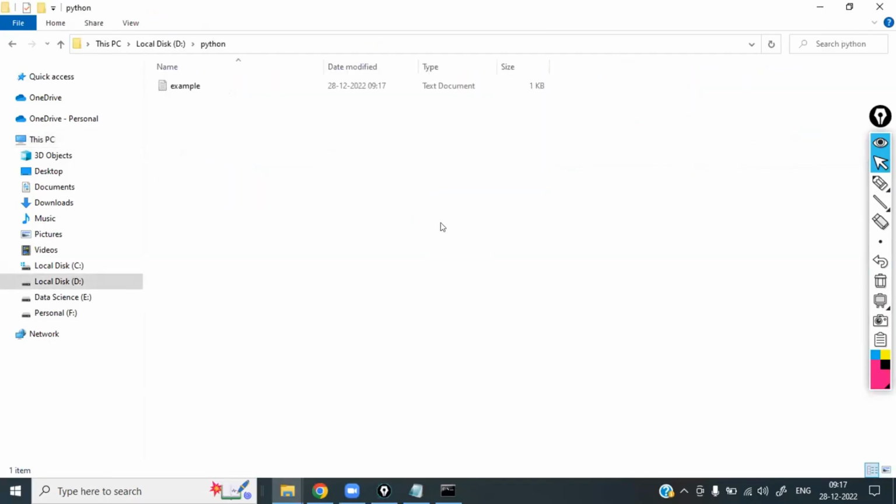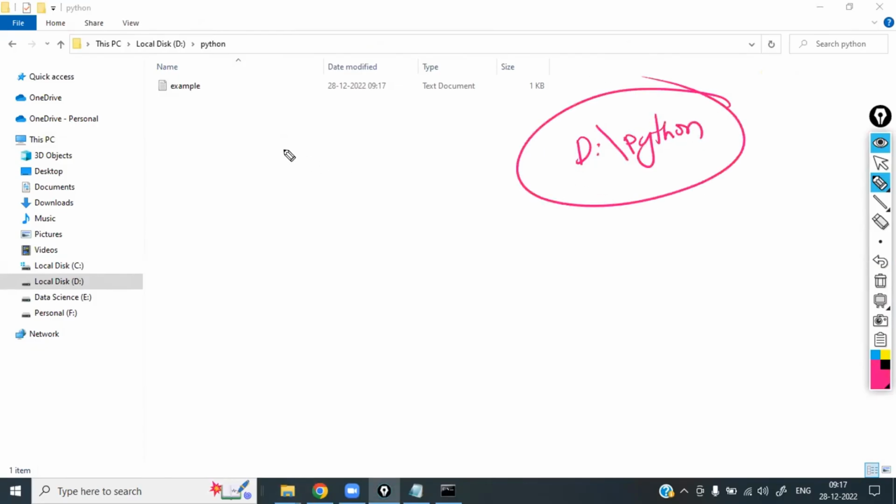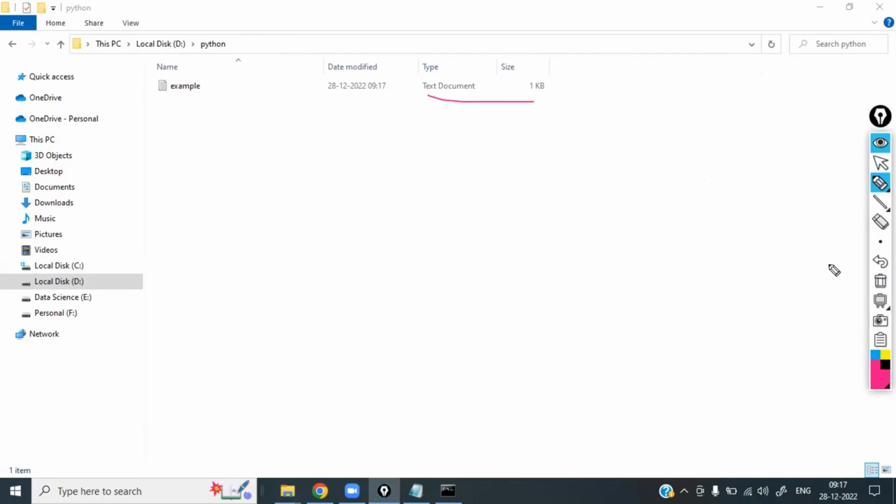So whatever the D Python is there, this is called your working directory. In the D drive, Python folder. This entire folder is called the working directory because your Python file is here. Now, sir, this is not a Python file, sir. This is a text document. So now what we have to do is,